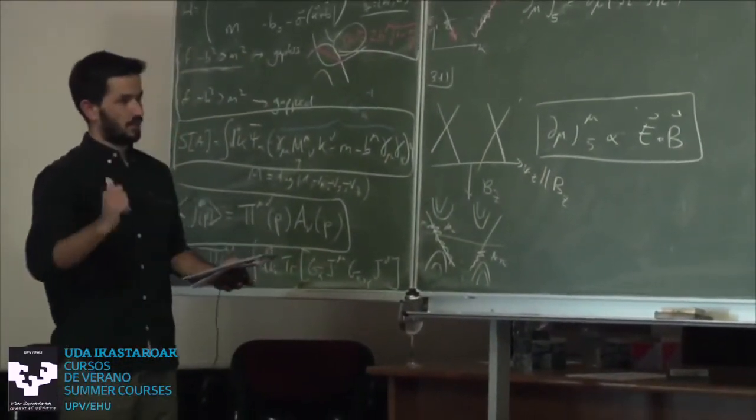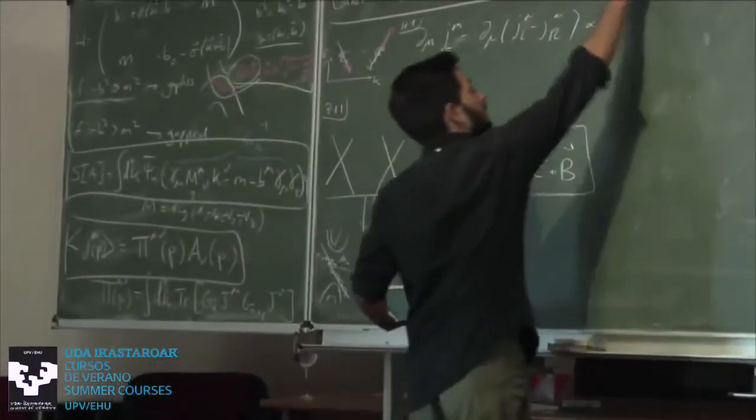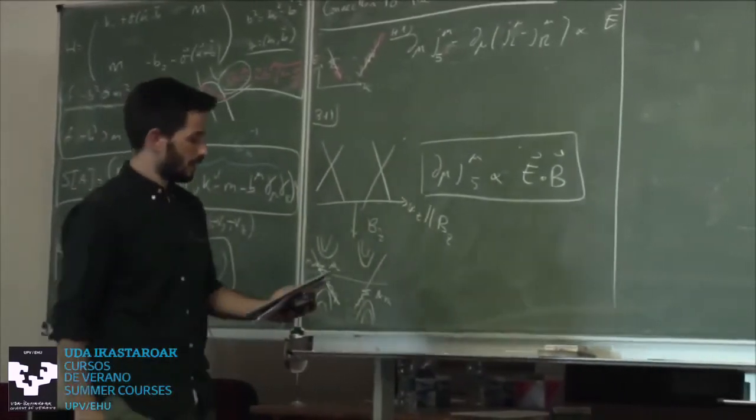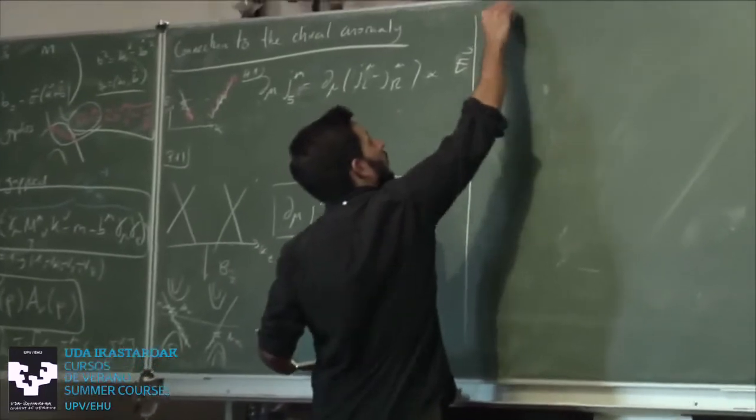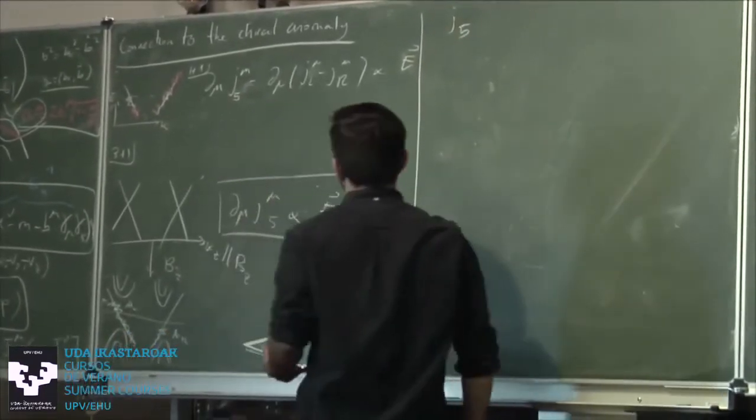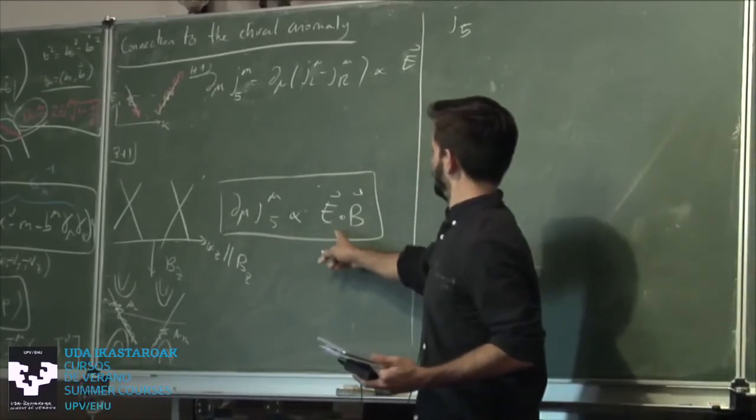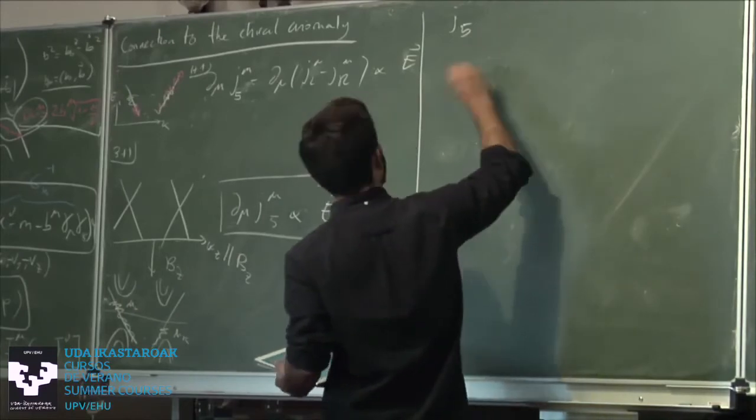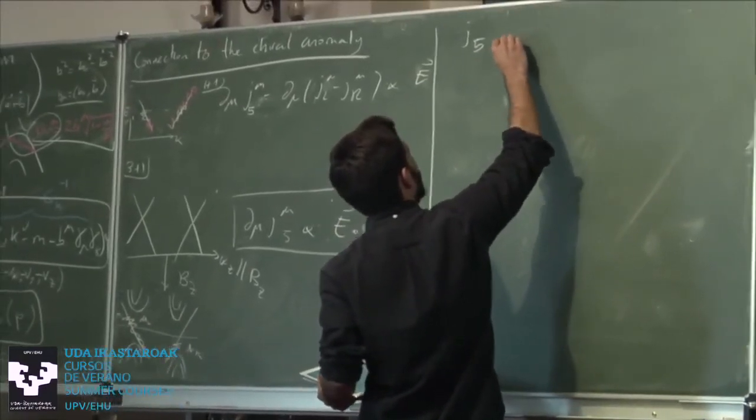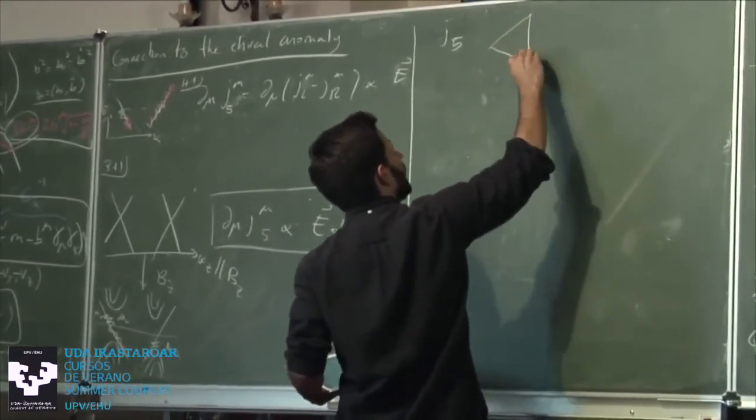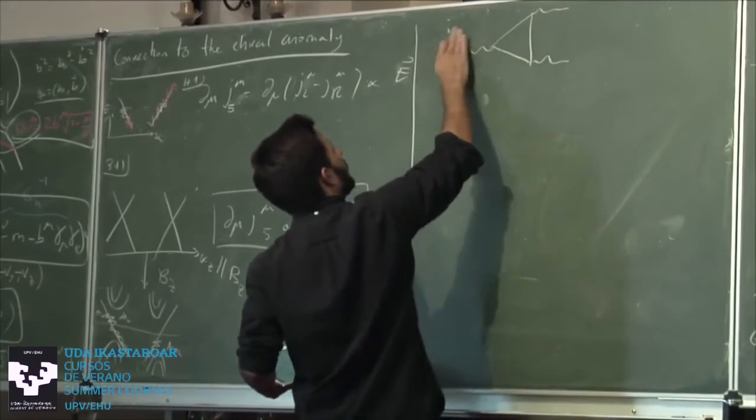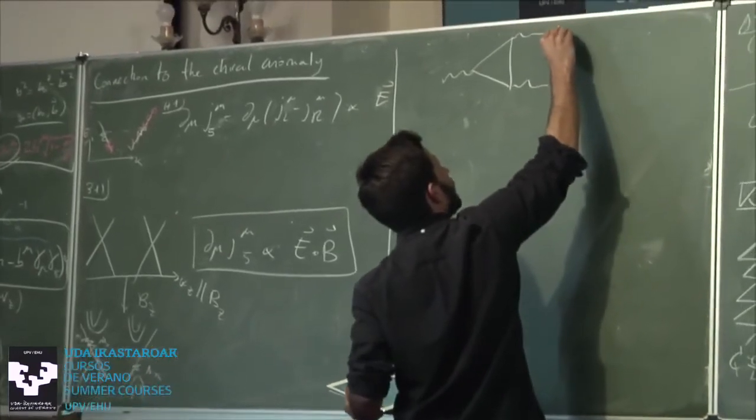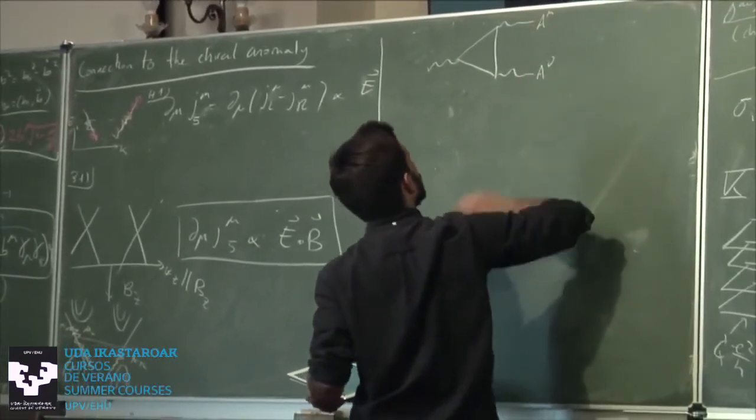Now, how do I connect this to my previous results? Where is the chiral anomaly in that theory? I want J5, so let's try to compute this J5. What is J5? Pictorially, you can think of it as a diagram. It's actually a triangle diagram where 2 external fields come in, let's say A mu, A nu, and you get out